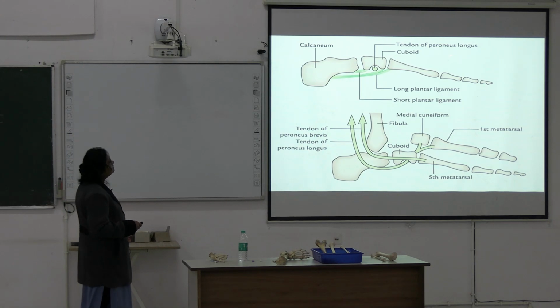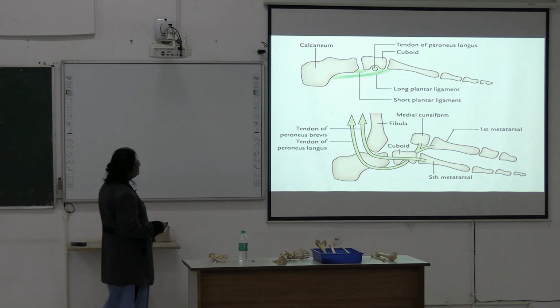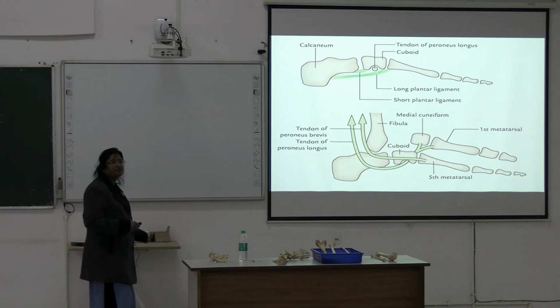And these are the intersegmental ties, short plantar ligament, long plantar ligament, and here lies the tendon of peroneus longus, which is also acting as a sling for the transverse arch, maintaining the transverse arch. Next,